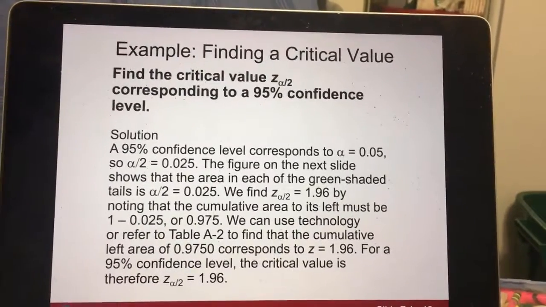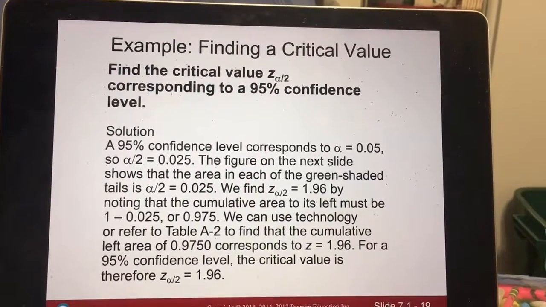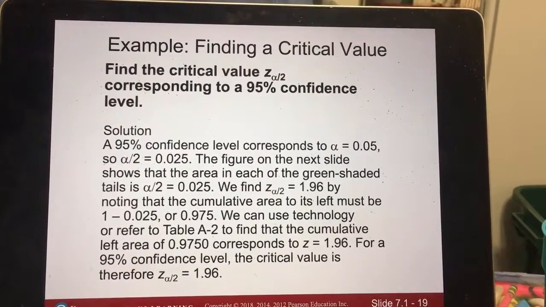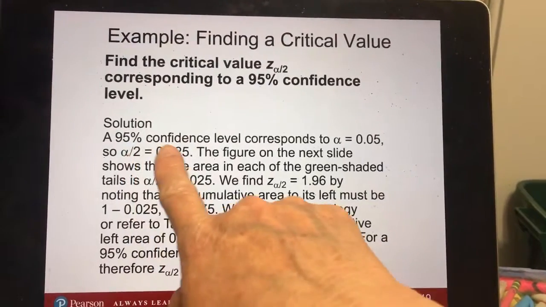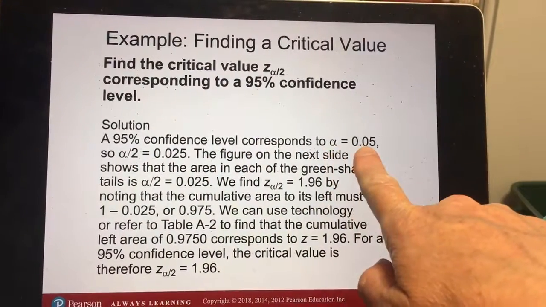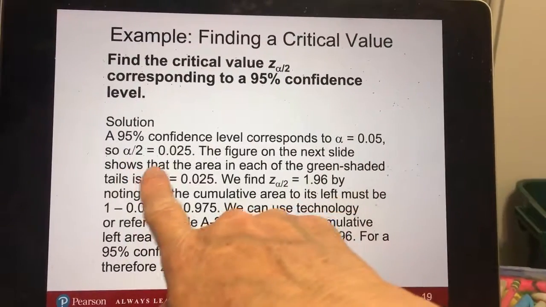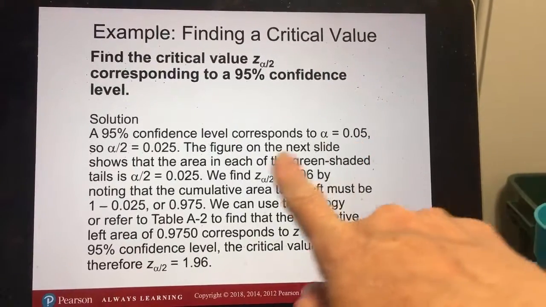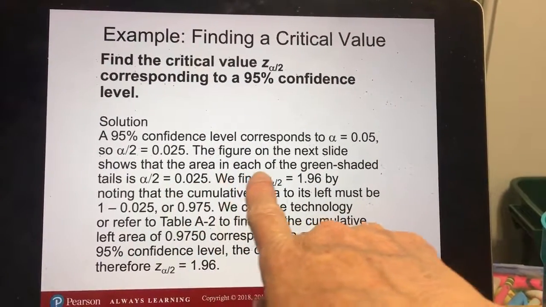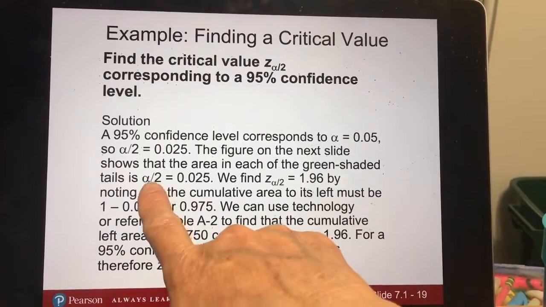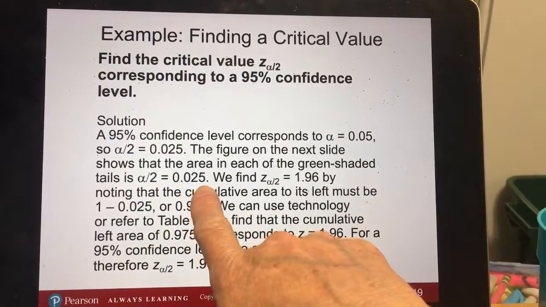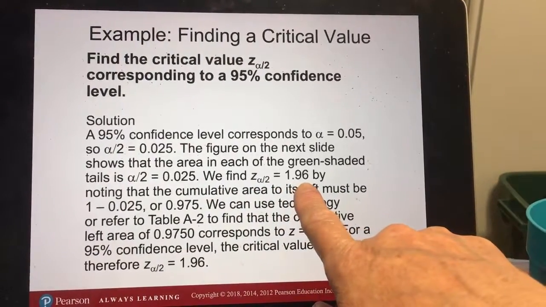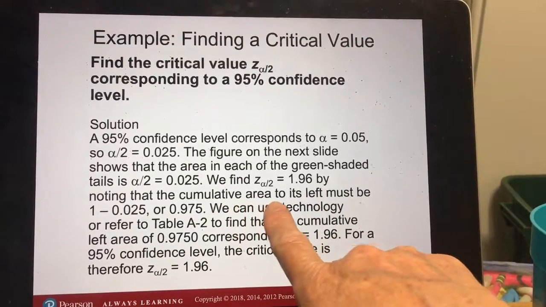It says finding a critical value. Find the critical value z of alpha over 2 corresponding to a 95% confidence level. So a 95% confidence level corresponds to an alpha of 0.05. So alpha divided by 2 is 0.025. The figure on the next slide shows that the area in each of the green shaded tails is alpha over 2, or 0.025. We find the z of alpha over 2 is 1.96 by noting that the cumulative area to